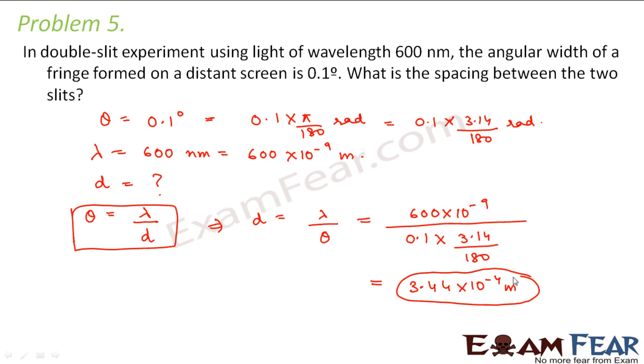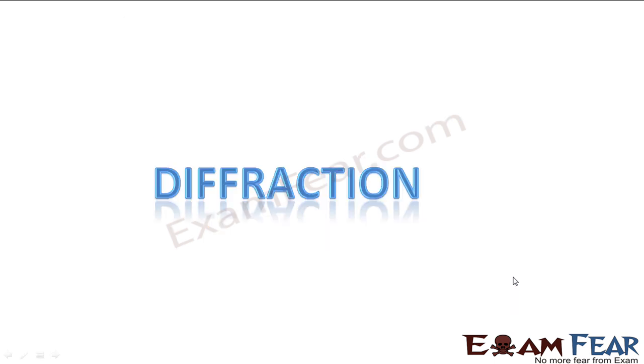So now that we have finished our discussion on the phenomenon of interference, it is time that we start with the next phenomenon, that is known as diffraction. Now diffraction and interference are very closely related to each other. The way interference was related to superposition, similarly diffraction is also very closely related to the phenomenon of interference. So let us see what small differences exist between the phenomenon of interference and the phenomenon of diffraction.